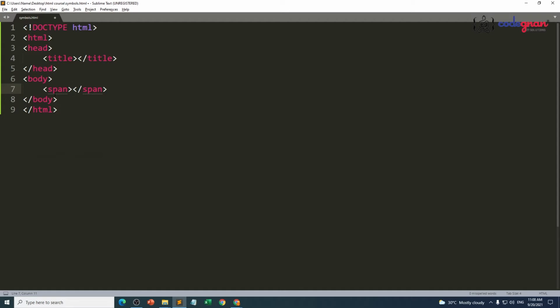If you want to display a particular symbol like copyright, I'm going to make one message, copyright symbol colon. What is the number you have to use? You have to use ampersand hash 169 semicolon. Now you can see this type of symbol in your page.